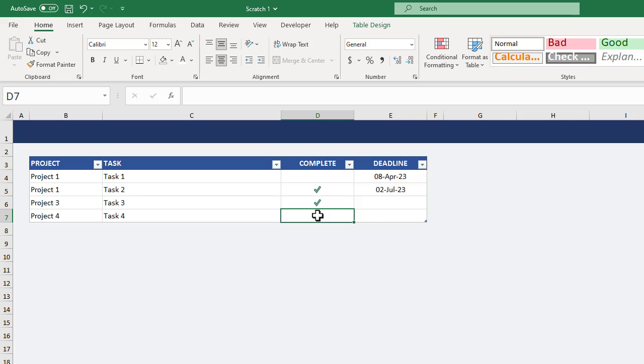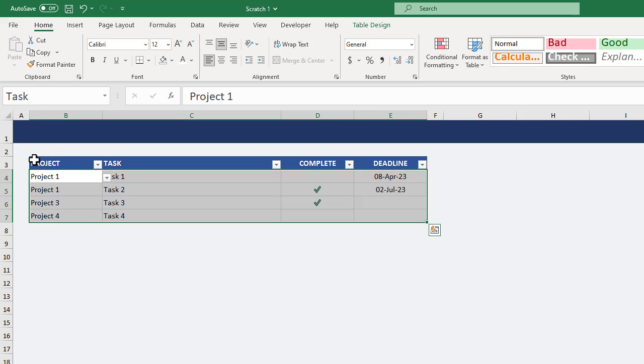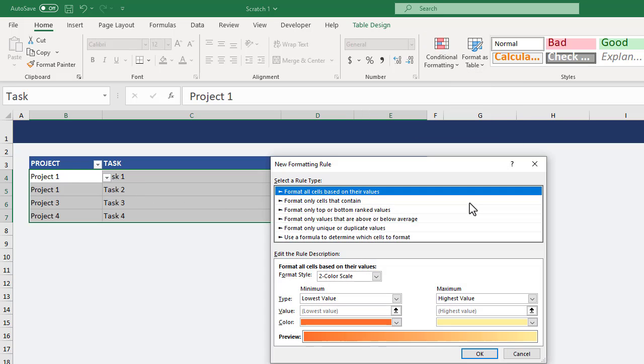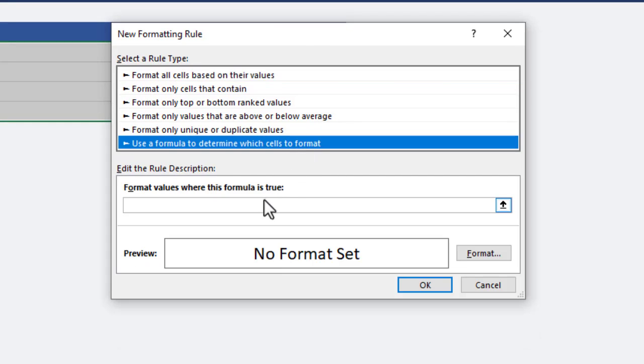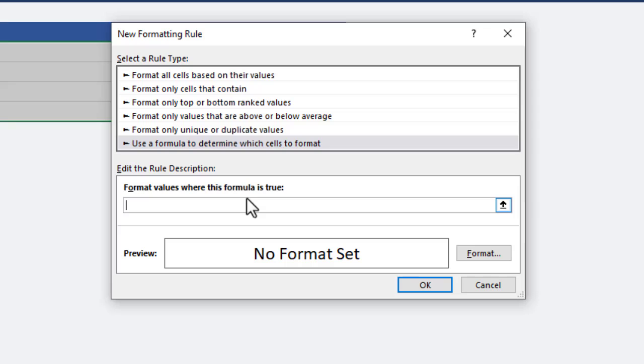Let's now add in some conditional formatting to gray out all of the completed tasks. To do this, select all of the cells in the task table, not including the headers. Then go to Conditional Formatting and New Rule. Click on Use a Formula to determine which cells to format, and for the formula, type in equals